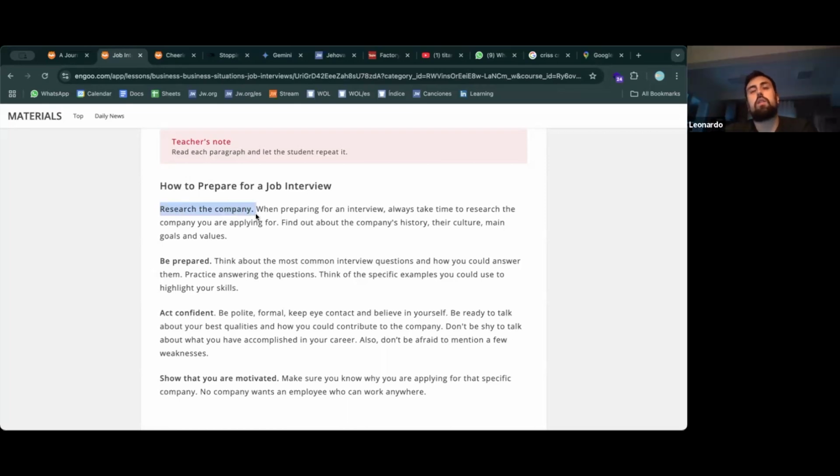If you do that well, it's going to help your confidence. And you're also going to be able to use keywords that the company is searching for, because there are going to be many people interviewed. So if you're able to find a way to stand out because you've researched their history, their culture, their main goals and values, you might be able to use the right words that just might give you the edge over the others. Sometimes it's not even how talented you are, it's just how well you're able to portray yourself.